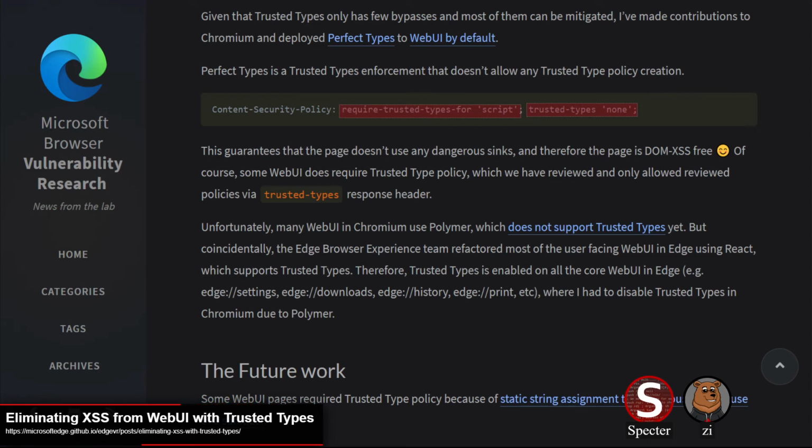Basically, it's taking the angle of, okay, we're not going to be able to mitigate XSS entirely from just having policies or filtering or whatever. Let's make it so that developers can't be lazy and introduce these vulnerable pieces of code in the first place. That is a very valid angle, and maybe even outside of just this XSS use case, there's been a heavy drive on mitigations for a while. Just kind of thinking, okay, screw it, we can't fix all bugs, let's just work on mitigations so that those bugs can't be exploited.